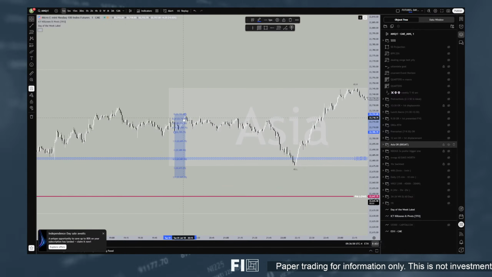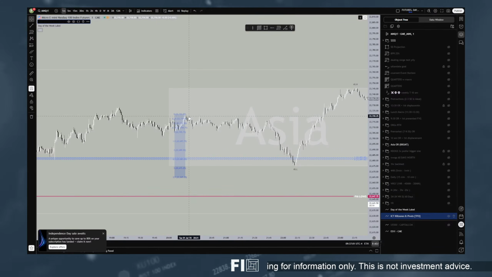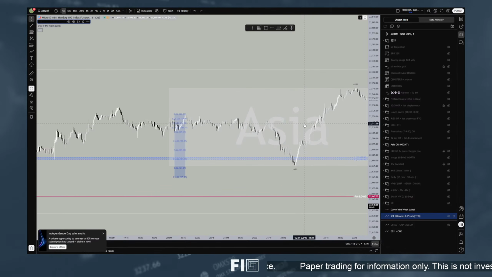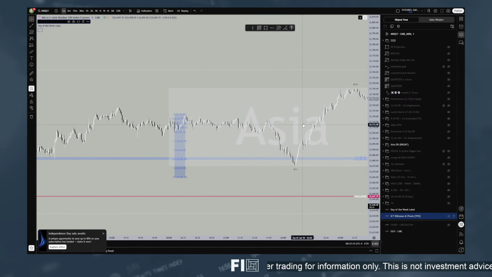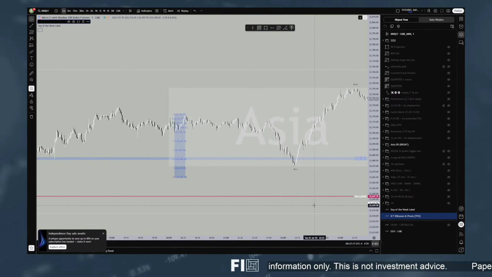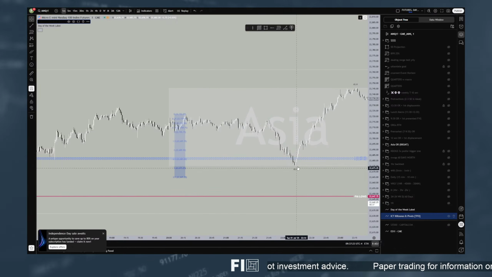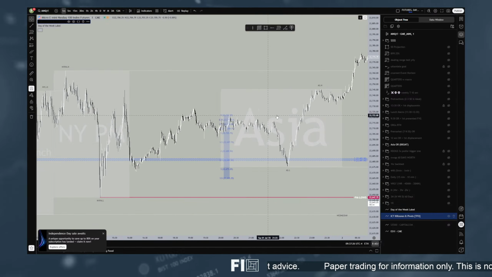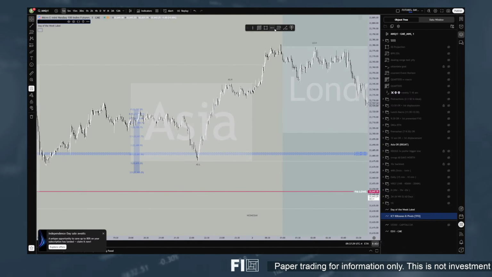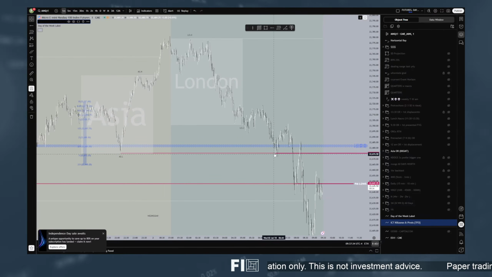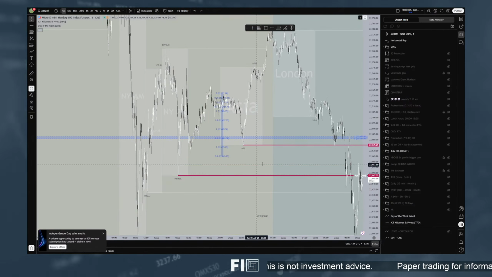Okay, so did we encapsulate? Yes, we did. Where did price leave the range first? Lower, right? So you want to see this match over with a protraction. Now I did mention that when it comes back to the range, the overall range, it's either going to treat it as a retracement setup, getting there, like OTE, and then keep selling downwards, or it's going to break through it and act as a reversal. So this would have been the manipulation leg of the Asian Open. So you can see it did. Because it did that, I want to refer back to the Asian lows. Very, very important. And you'll see that in the future, it was referred to, as well as the PM lows.